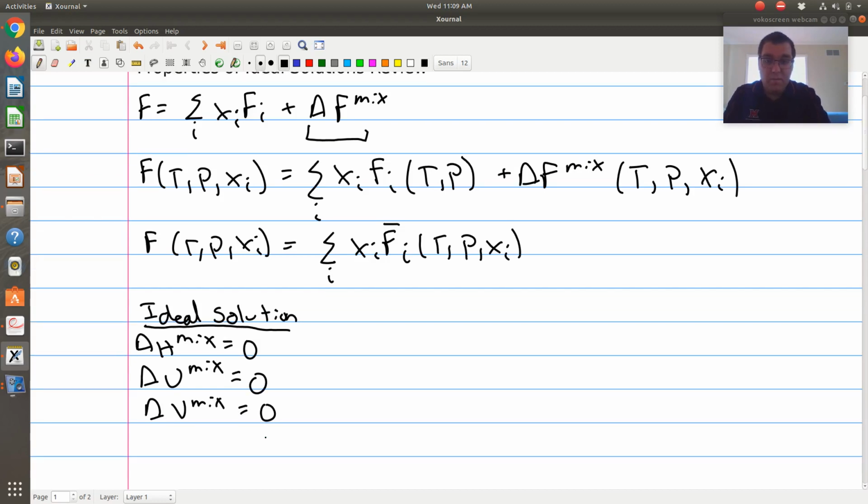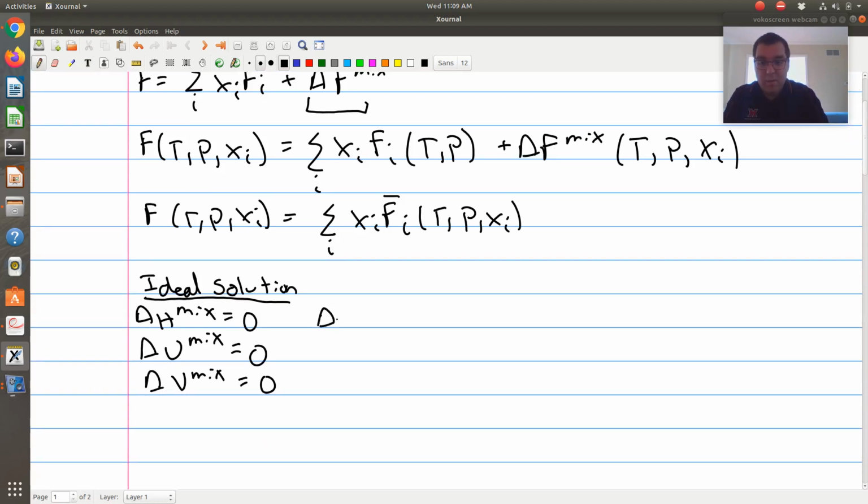And as an aside, remember delta H of mixing is going to be equal to delta U of mixing plus P delta V of mixing. H is defined as being equal to U plus PV, and so I can write the equivalent expression for property changes upon mixing, where remember P is constant during that mixing process. So for an ideal solution, the enthalpy, internal energy, and molar volume upon mixing are all 0,